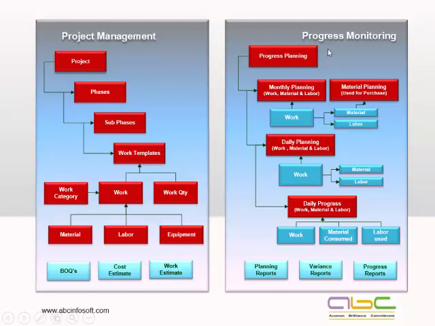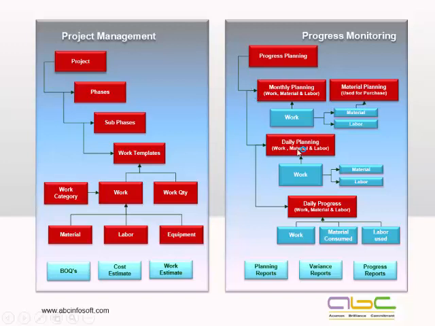Fine. The second part is my progress monitoring. Even in the progress monitoring, we have defined it very simply. The first phase is my defining of a monthly planning. Suppose I have to complete the project in 3 years, then we can define it into 36 months. So we will be defining what all are the works to be performed in, let's say, the first month. If I am defining the work with the phase and the quantity of the work done, the system will automatically from the BOQ itself give me the material and labor requirement. Now this material requirement would be used for my purchasing planning. So whenever we are planning for the material, how much material to be purchased for a particular work, it would be derived from this monthly planning.